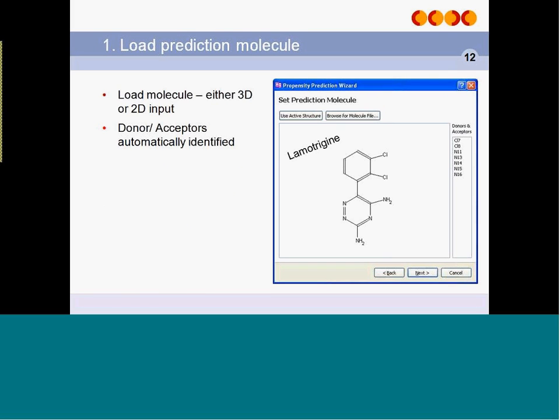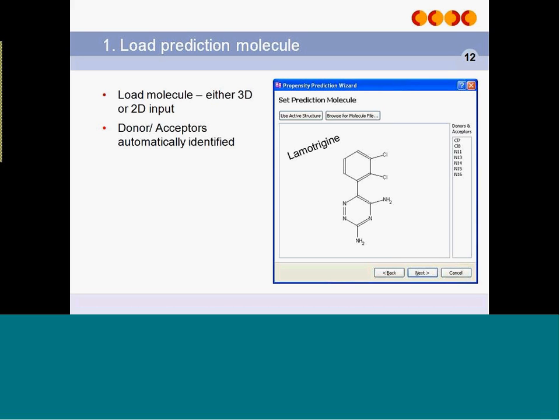Okay, so our first step is to load in a prediction molecule. And so you can load in either a 2D diagram or a 3D crystal structure. And the example that I'm going to talk about is lamotrigine. And I'm going to show quite a few of these screenshots of the wizard interface. So we've got a wizard that guides you through these steps, and you'll see quite a few of these screenshots